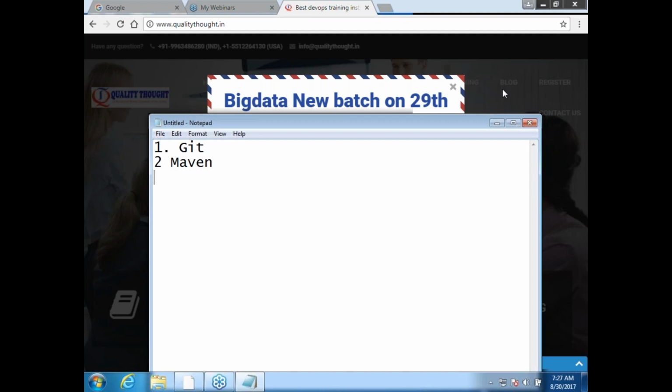Okay, and then this is going to be our stack. Why do we use Git? Version control.